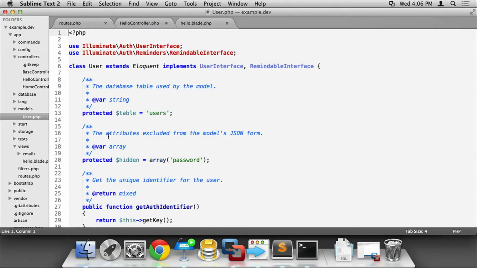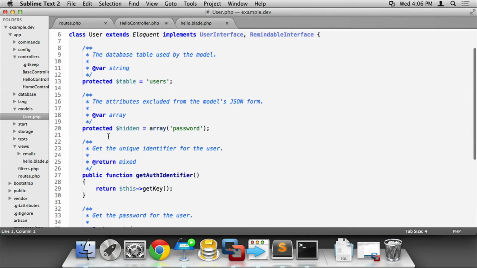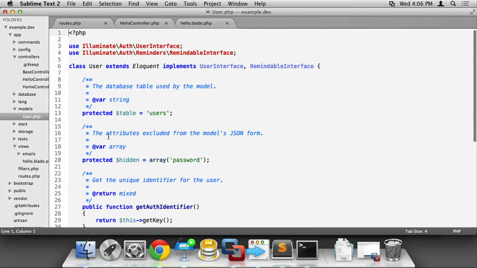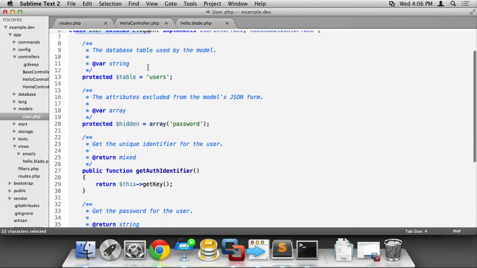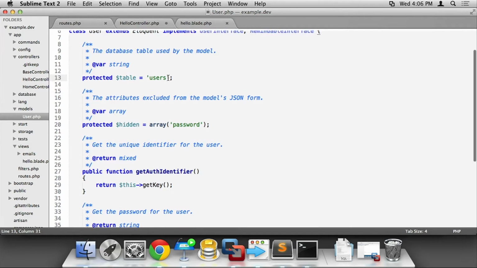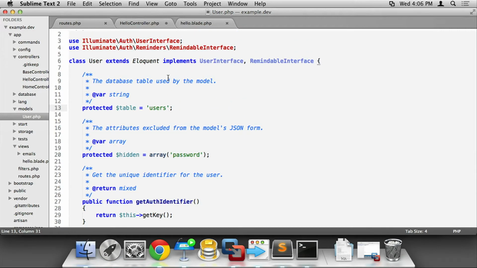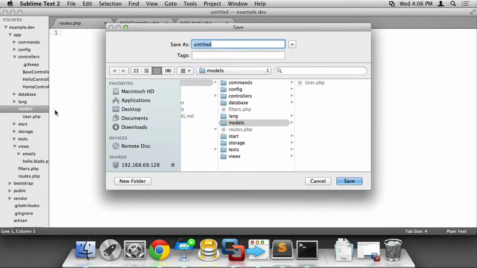Let's go ahead and just, so there's one that comes with Laravel by default. It's called user, and it uses some advanced features called interfaces, which we're not going to go over, but you can see class user extends Eloquent, and you can set the table name if you're not following the convention of having a plural table name and a singular class name. But we'll go ahead and create one for, given the example from before, courses. So we'll do course.php